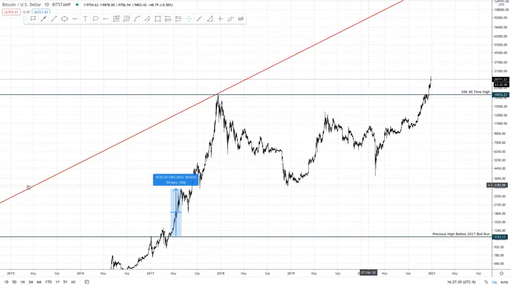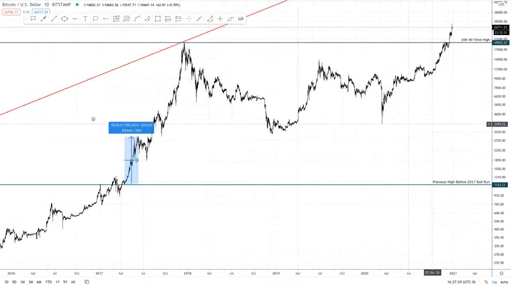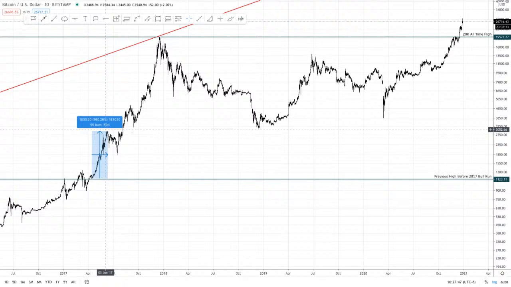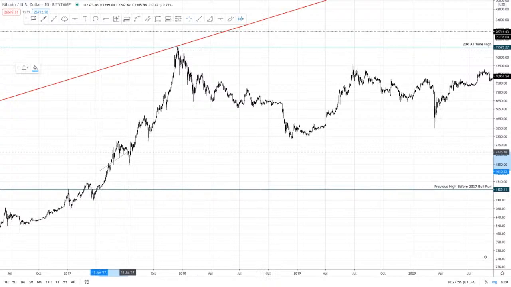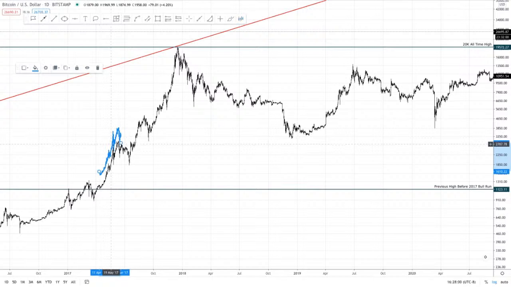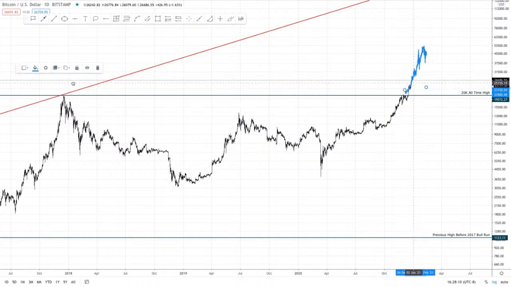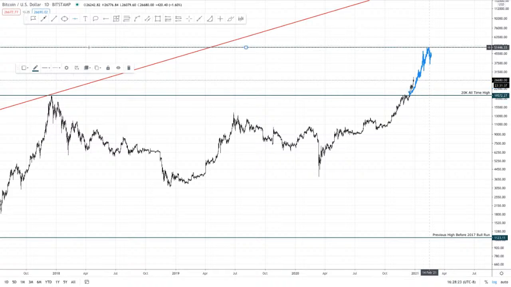So in the 2017 bull run, once we broke this all-time high of 1100, we went up 160% in 60 days. So what I'm going to do is use this bar pattern. Let me get rid of this so y'all can see it. So I'm going to put this where we are now, right? And that would give us a target of about 51K